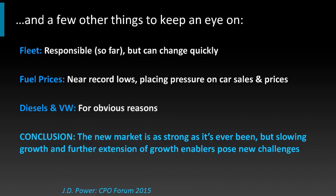In VW and diesels, you can't talk about the auto industry these days without discussing this, and it's a big deal for them. The diesel market basically has gone away overnight. VW owns about 80% of that space when you look at non-trucks and non-SUVs. It's a very small piece of the market. Remember, VW's 2% share, and a significant chunk of their portfolio is from their TDIs, which are currently in stop